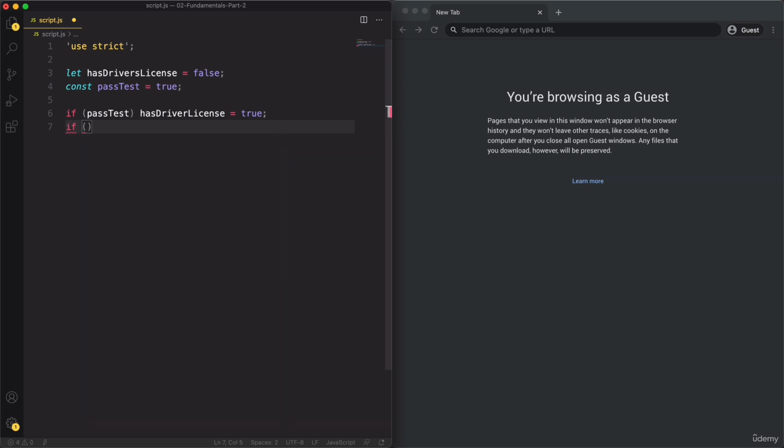So if has driver's license, and you see that now this one is exactly the same, as VS Code highlights both. So if has driver's license, then log to the console, I can drive. And now let's actually start by deactivating strict mode again, just so we see how this bug could affect our code. So I'm giving it a save,